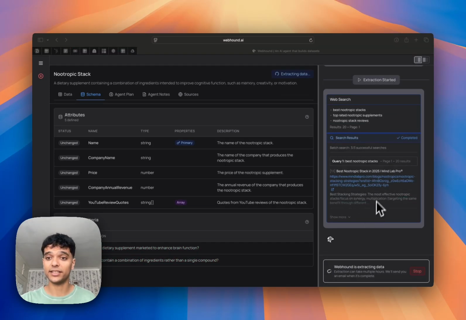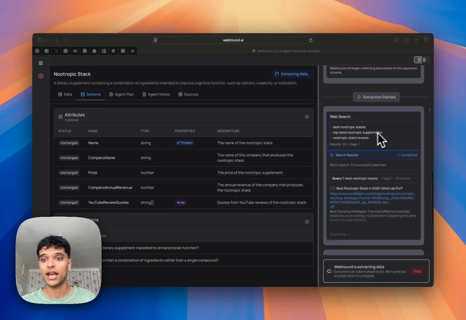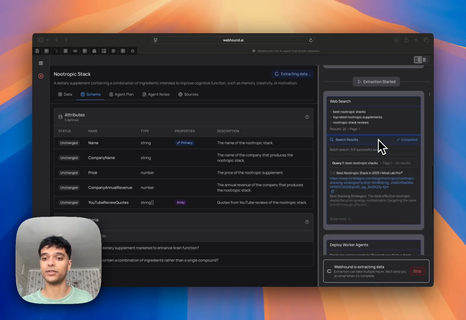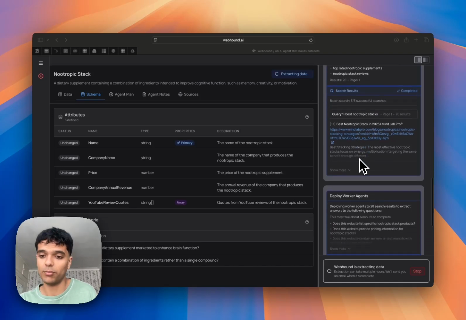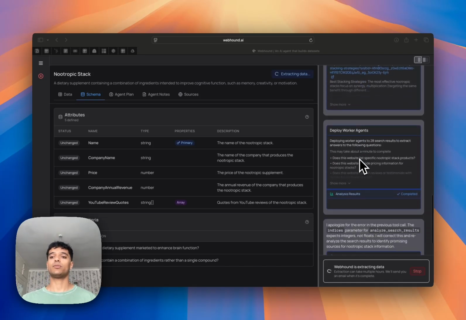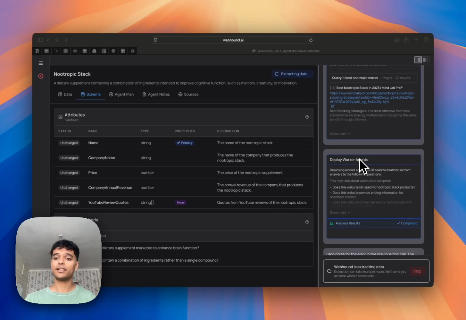So now, as we can see, extraction has started, and it fired off 3 searches: best nootropic stacks, top rated nootropic supplements, nootropic stack reviews, and it's starting by looking at a site called MindLab. And so the point of being able to see the activity like this is, if I know of certain sites